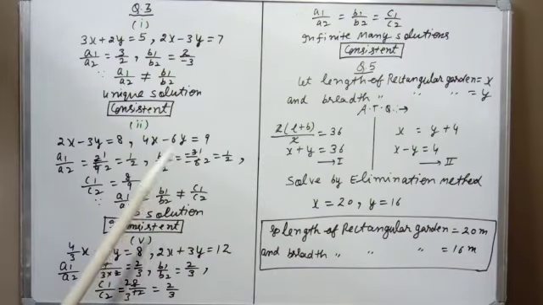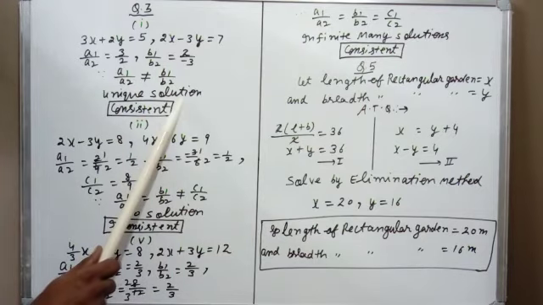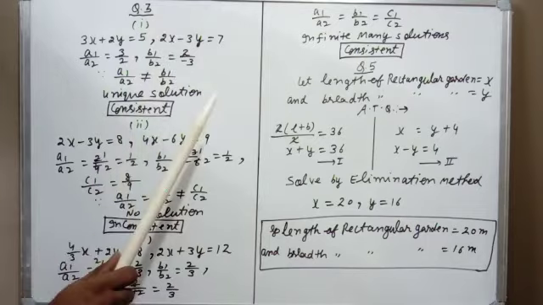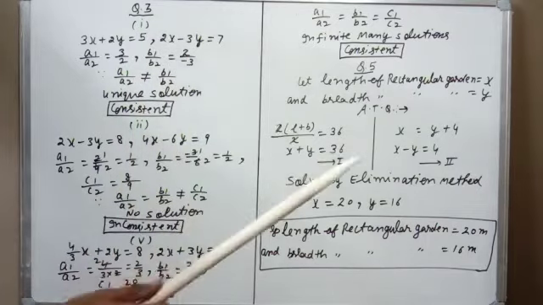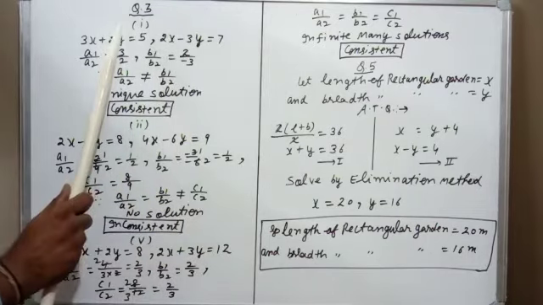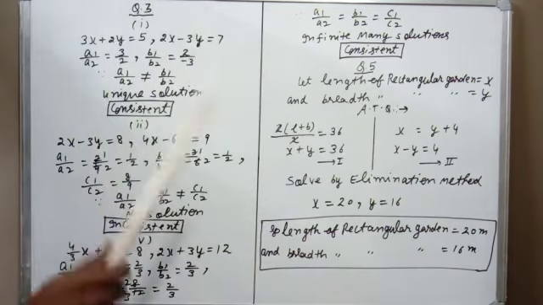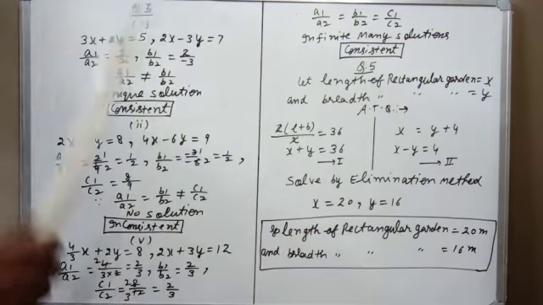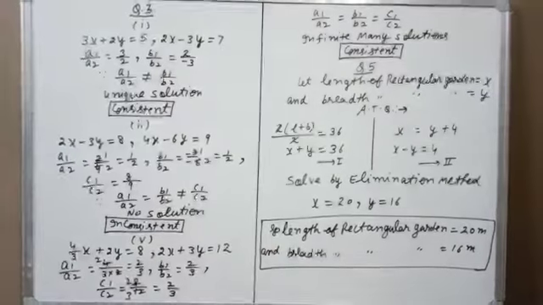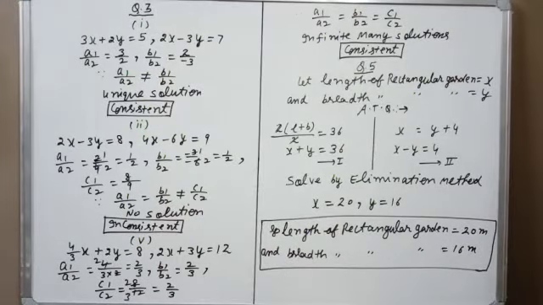So questions second and third both are of just the same type up to this step. After this step, in the second question, we have to tell whether we get intersecting lines or coincident lines or parallel lines. But in the third question, we have to tell whether we are getting consistent or inconsistent. Now we will solve one more question, question number 5. This question number 4 we will solve tomorrow. First we will solve question number 5.